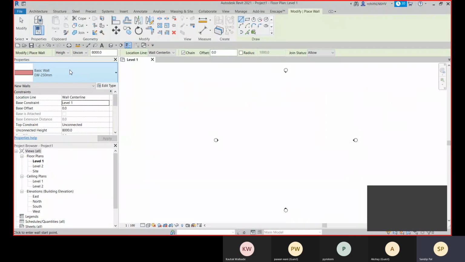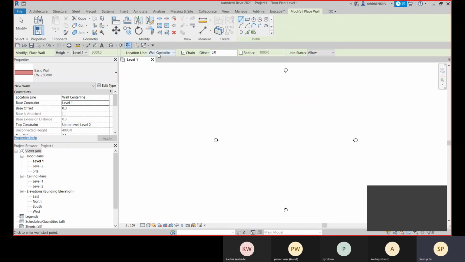Okay, and this is the option bar, and this option bar will allow you to provide height or depth. So this is going to be the height, or this is going to be the depth. Depth means the distance will go towards the down, and if you choose height, the distance will go towards the up direction. So height till Level 2. So here you can mention the level and the location line.